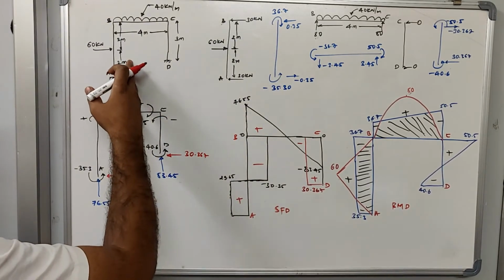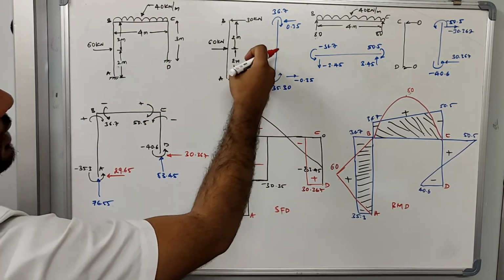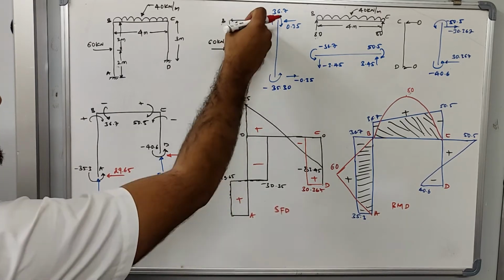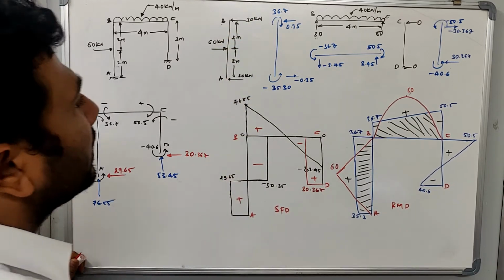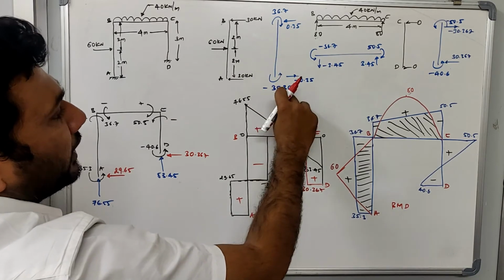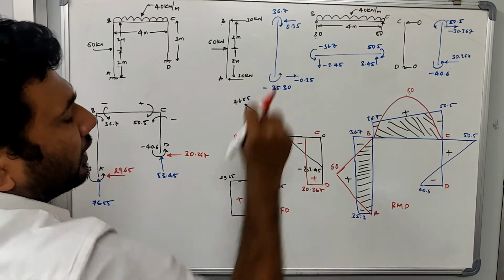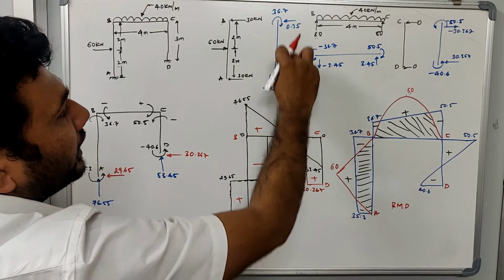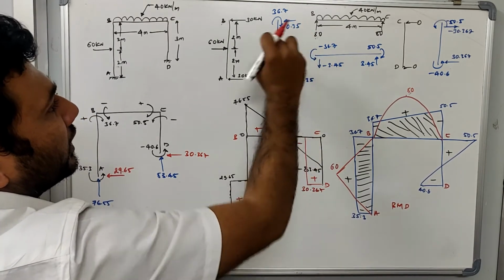This is your frame. In this frame there are three elements: AB, BC and CD. So AB member is written over here. First I am calculating the reactions that are developed only because of external forces, which is 30 kN on both the sides. Then I'll take the end moments of member AB. So MAB is minus 35.3 and MBA is 36.7. With respect to that, I calculate the reaction. So 36.7 minus 35.3 divided by 4 will be equal to 0.35. So here it is minus 0.35, here it is plus 0.35.